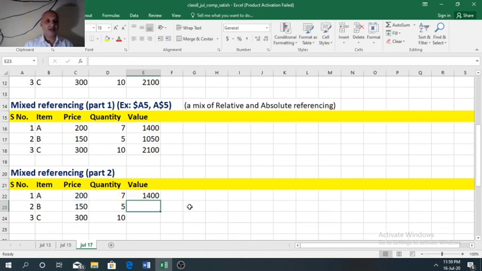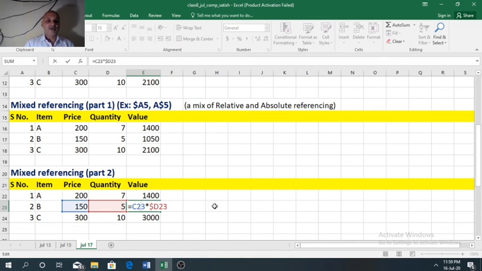So in this case, 200 into 7 we have got 1400. When we copy this formula to other cells, now see what happens here. C22 into D22, but in this case C23 is multiplied with D23.